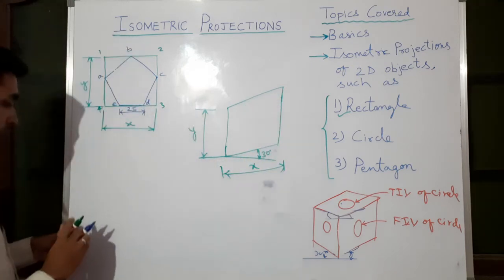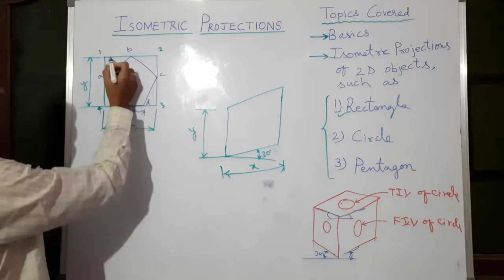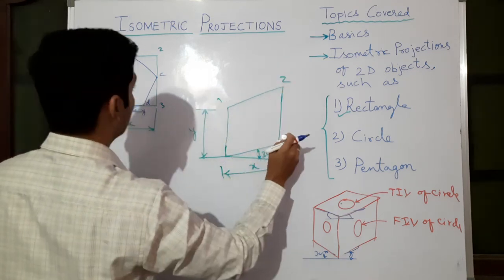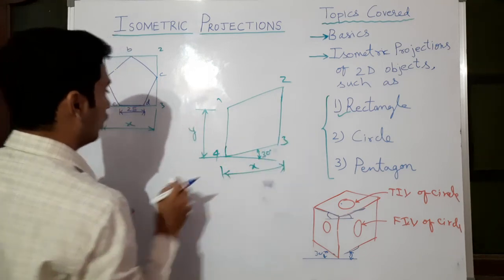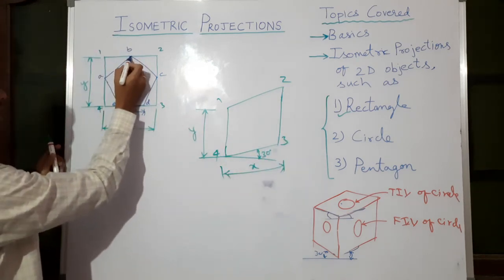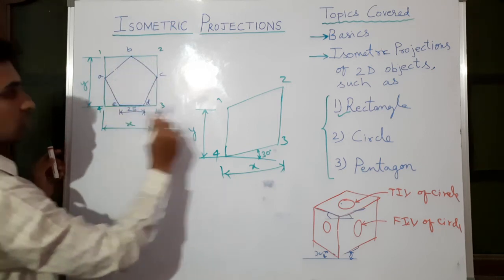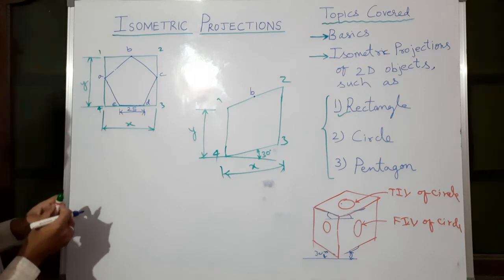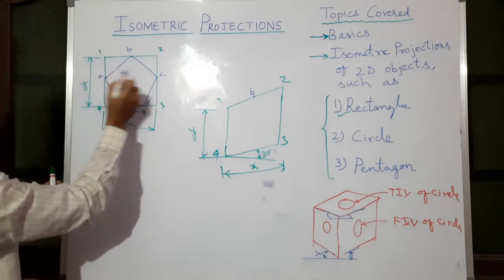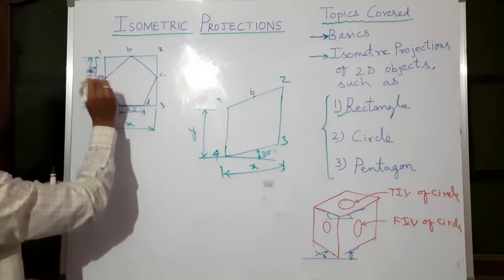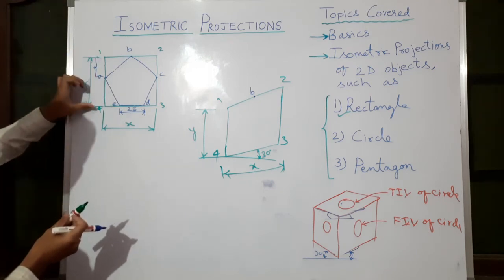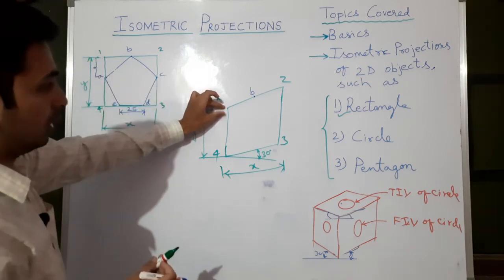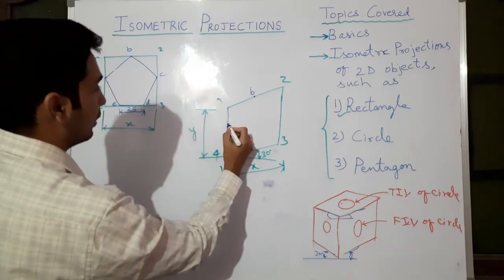Now what you need to do, the task is very simple. See, 1, 2, 3 and then 4. Point B is the midpoint of 1 and 2. So here, on 1 and 2, you can mark the midpoint as B. And for other points, such as A and C, you need to measure the distance. Measure from 1 to A or measure from 4 to A. Like that, I am measuring from 1 to A and transferring it like this. So this is my point A.